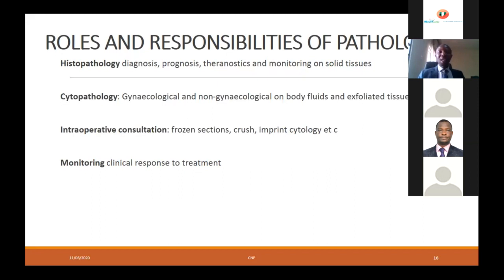And we can actually, while you are in theater, so that the patient doesn't have to go back a second time. You have removed the tumor, but then it turned out to be malignant, but then you didn't remove everything. So we don't want that to be the case. So in trying to help reduce costs and morbidity for the patient, we are able to offer intraoperative consultation as well. How about drug monitoring?